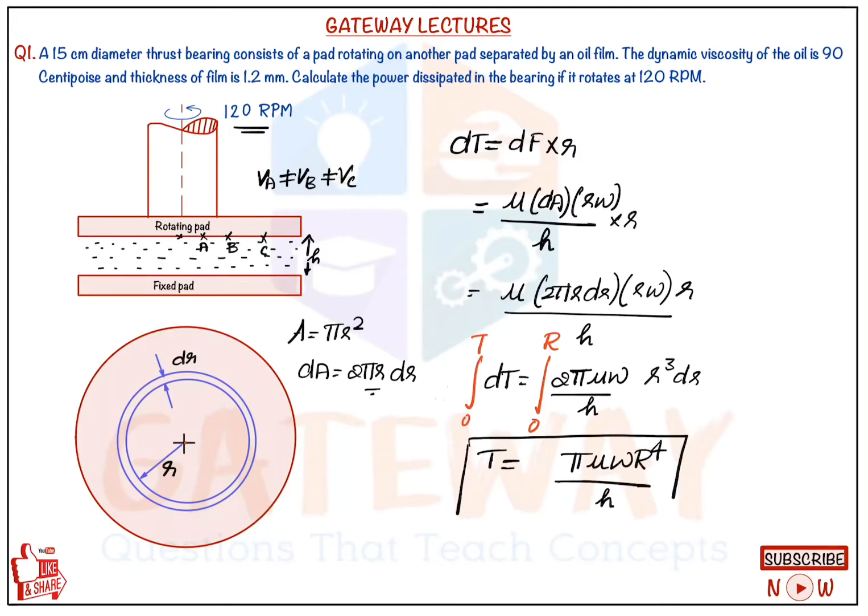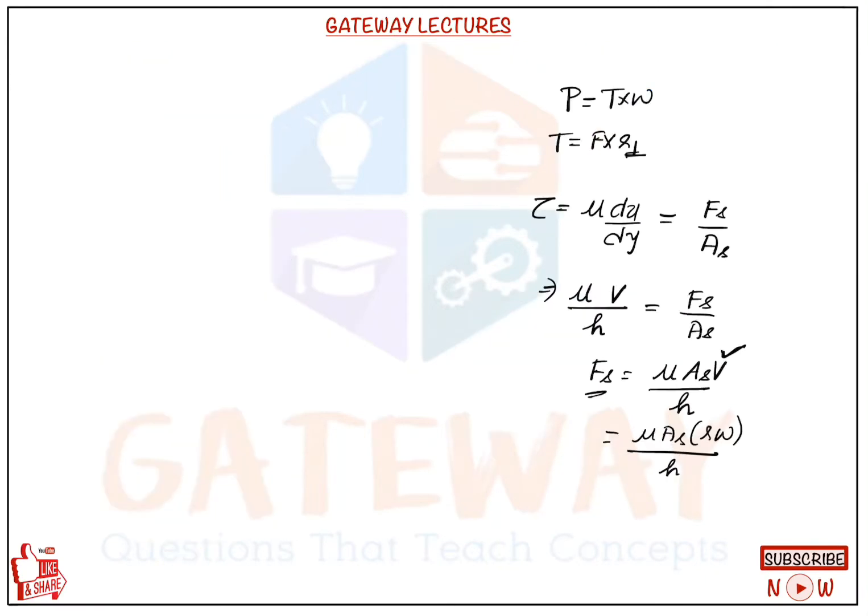This is the derivation. So whenever in the exam we get such questions, if we remember this formula, we can directly apply it and get the answer. But if we do not remember the formula, doing it this way is a little 2-3 steps derivation. So once or twice if we practice, it will be very easy. Then torque was finished. After finishing torque, we'll see power is nothing but torque into omega.